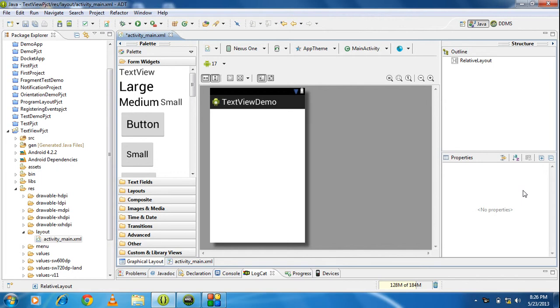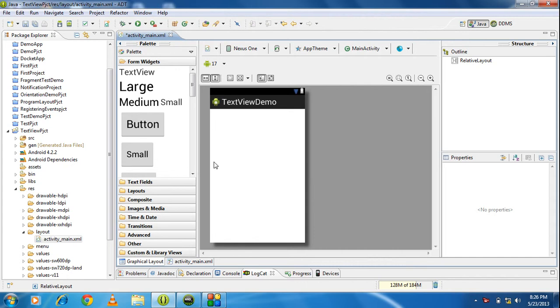From this part we are going to learn each of the view components in Android in detail. The first view component in Android is the text view. A text view is the same as a label in Java, so a text view performs the same functionality of a label. In this part I am going to explain how the text view is effectively used in your Android project.